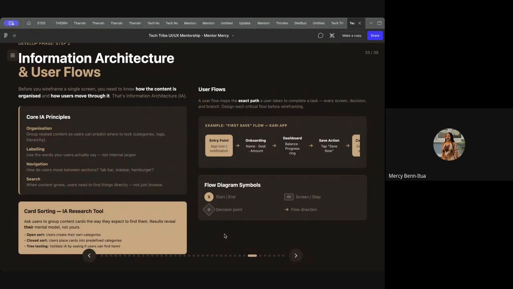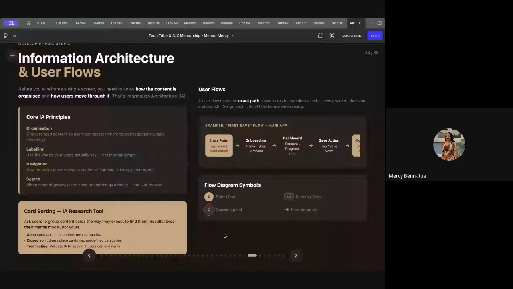You'll be able to see where users go to find things, and that's how you know. Okay, maybe I should remove this. These are just some tips and tools that you can use when working on products, especially when you're working with big teams, like in big companies. These are some of the things they use to come up with the information architecture of their products. Now, user flow,